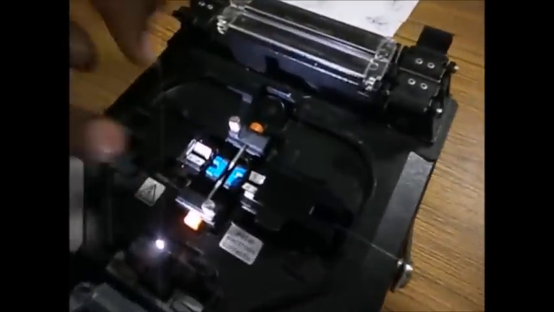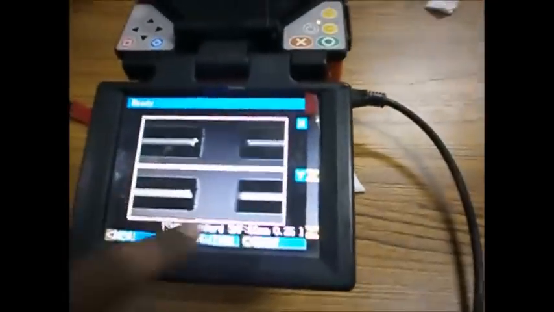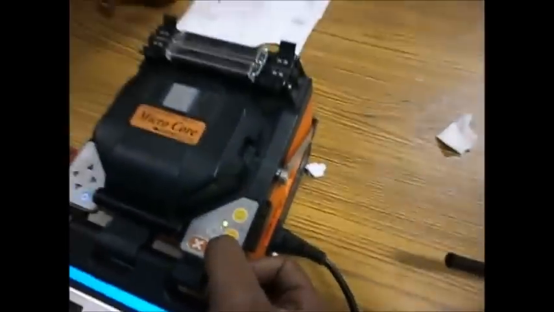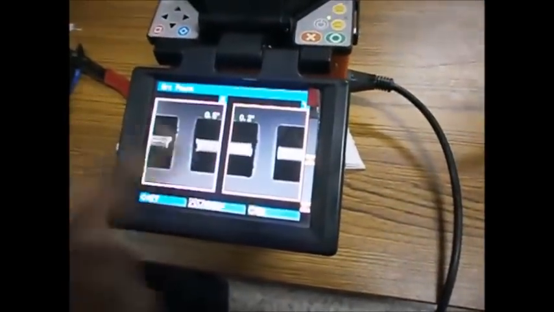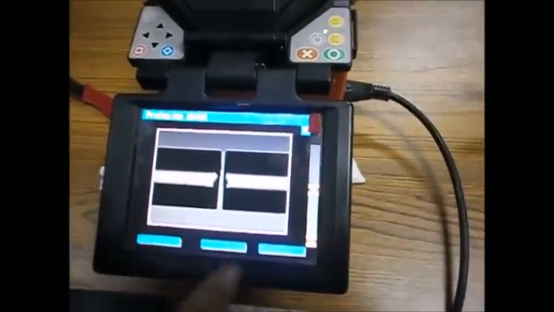We are placing it exactly in the center position, and these are the 2 cameras which will capture. The output of the cameras will be shown here in the machine. This is the output of the machine. This is the right part and left part. After that, we have to start the machine. This is the green button for starting. It's checking the equipment. If there is any error, it will show. So there is no error. We are considering that it goes. This is how splicing will be done.